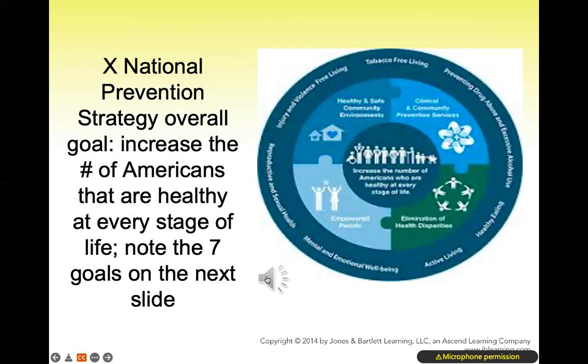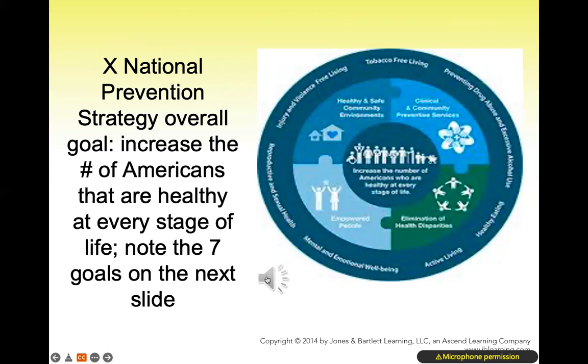The National Prevention Strategy is also another initiative that any advanced practice student finishing a course in population health should be aware of. The goal is to increase the number of Americans that are healthy at every stage of life. Around the outside of this schematic are 7 other goals. And then around that hub are 4 strategic